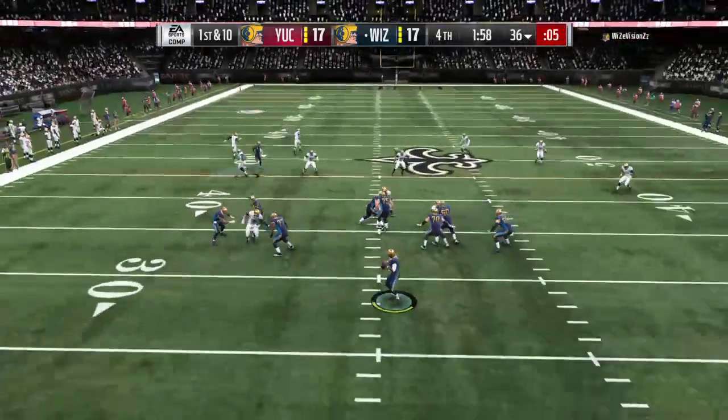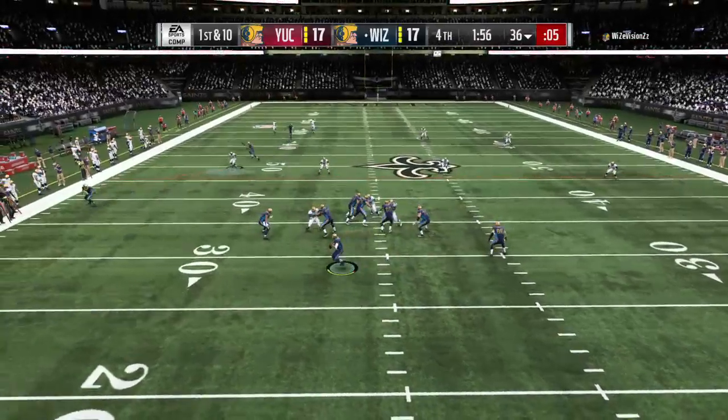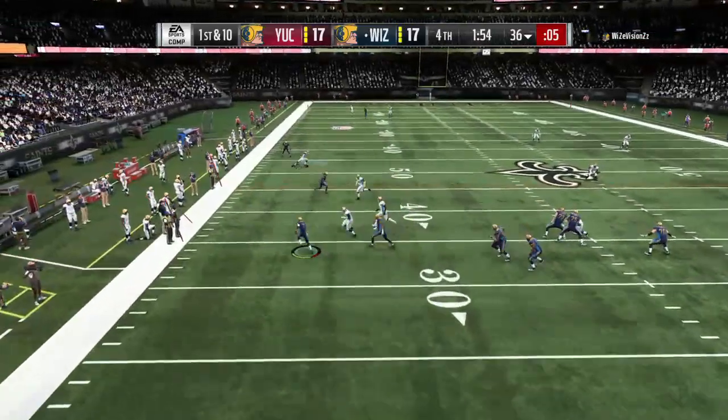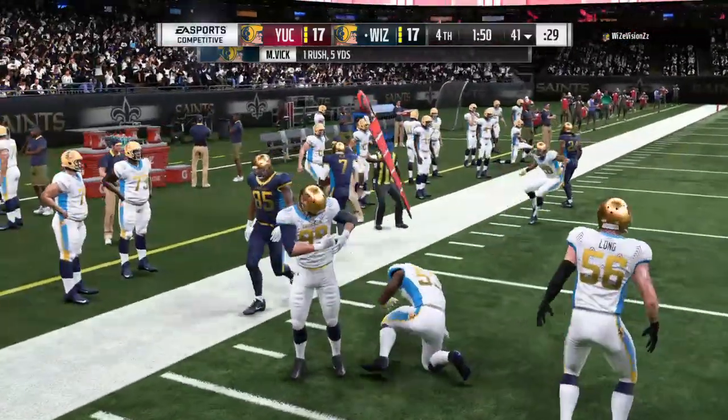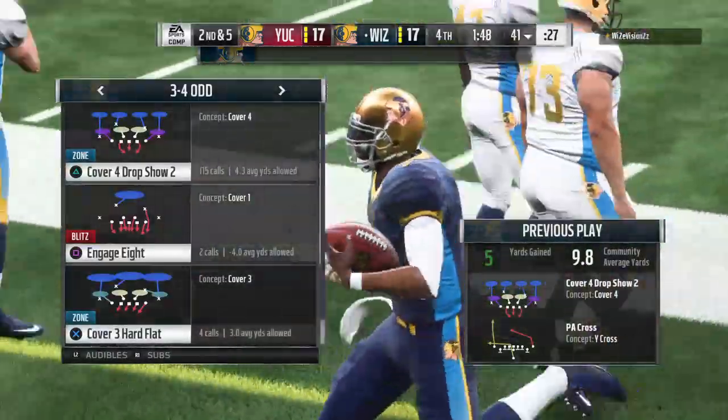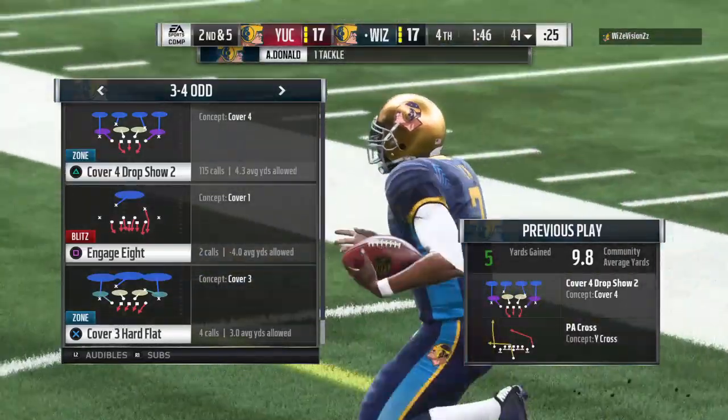Vick goes play action. Now he's flushed out left. He'll get 5 out of the scramble. It's 2nd down. Partner, we talked about this at halftime, but I don't think either one of us expected it